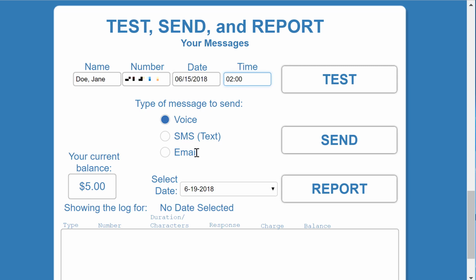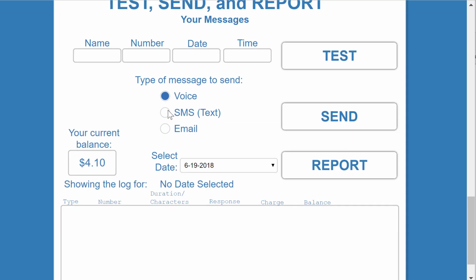Next, select whether you want this message to be sent by voice, text, or email. Keep in mind that if you choose voice or text, the number field must contain a phone number. If you select email, the number field should contain an email address. Once you've selected here whether you want to send the test message by voice, SMS, or email, click on the Test button. If everything looks and sounds good,